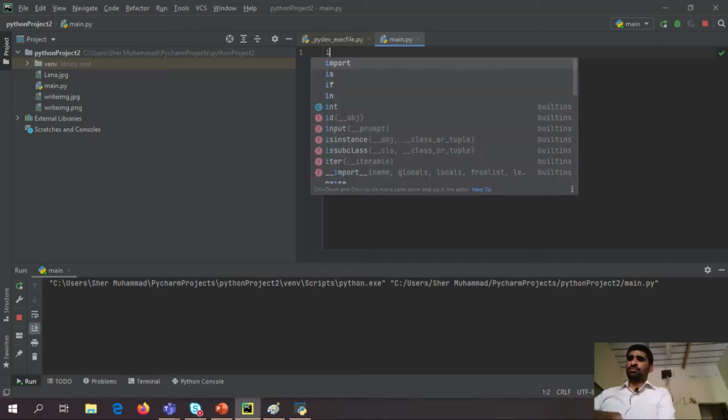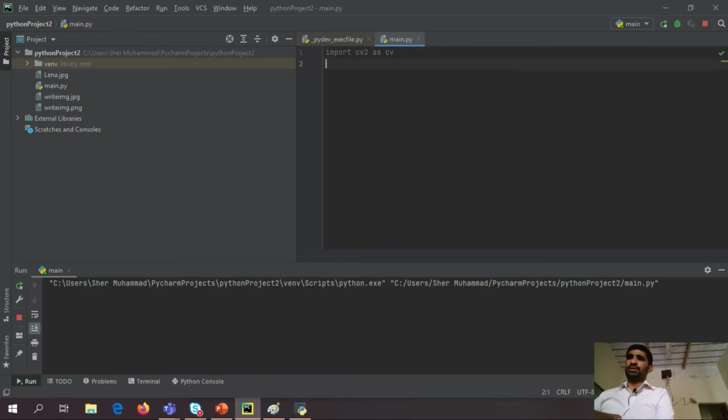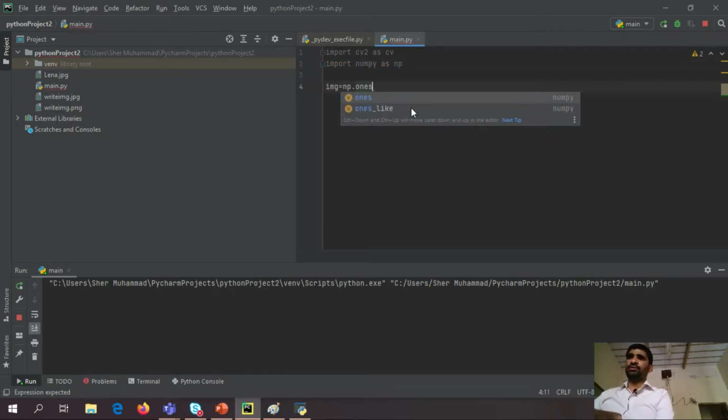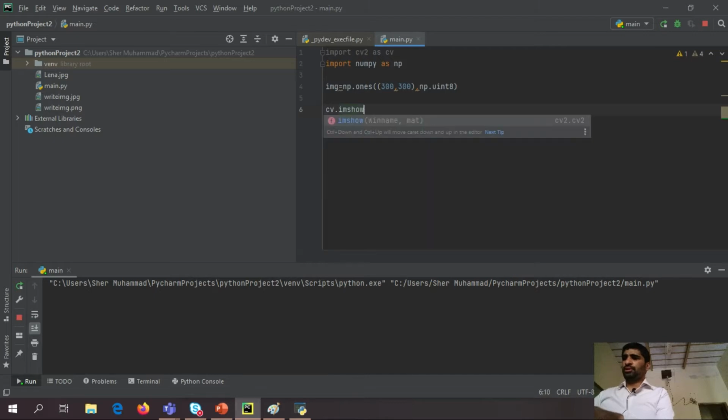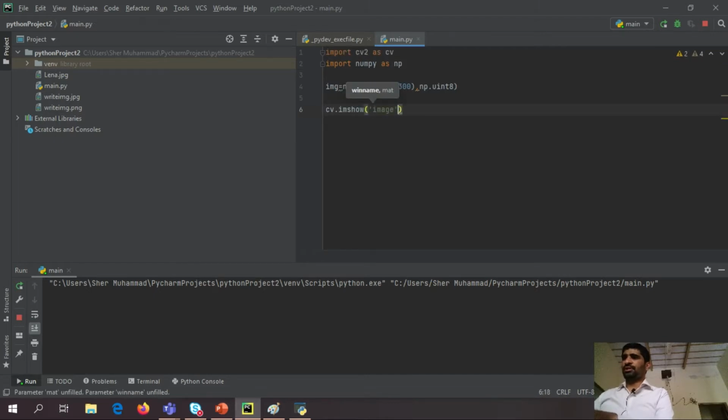In this short video, I will make an empty image by using the NumPy library, and then I will make a rectangle by using the OpenCV library. In the first step, I am basically importing the OpenCV library and the NumPy library, and then making an empty image. Very easy. I am just using the ones function, and I assign the shape and the unsigned integer 8 data type of my image. If we want to see our image, then very easy,